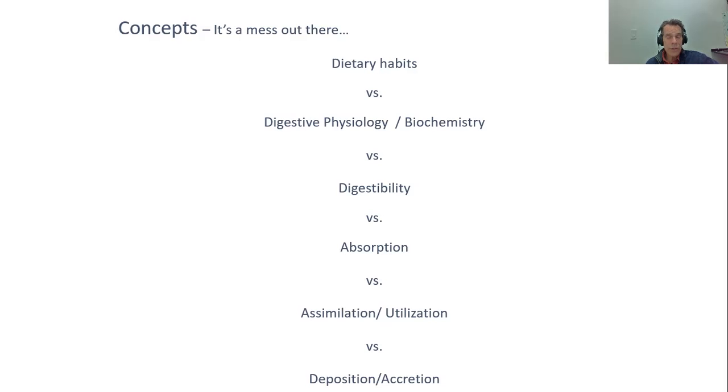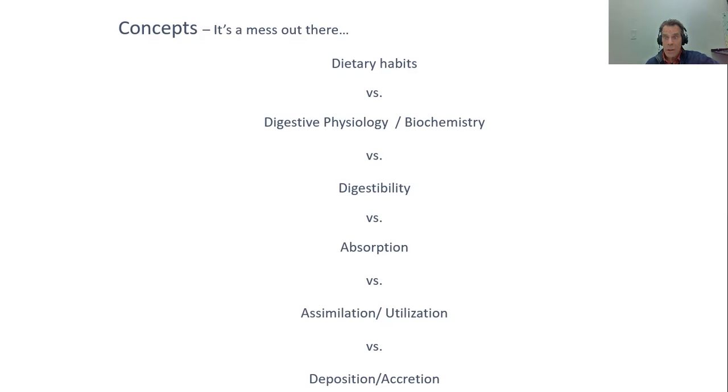When we talk about digestibility, we're talking about something very specific: what we're measuring is a measure of disappearance. Different species will have different feeding habits, different dietary habits. That doesn't necessarily determine what they can digest. A rainbow trout can eat plant protein, a grouper can eat plant protein, and still digest these plant proteins very well. So it's not because it's not part of their natural diet that they're not able to digest it.